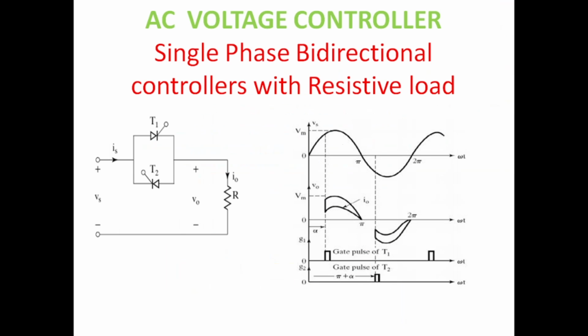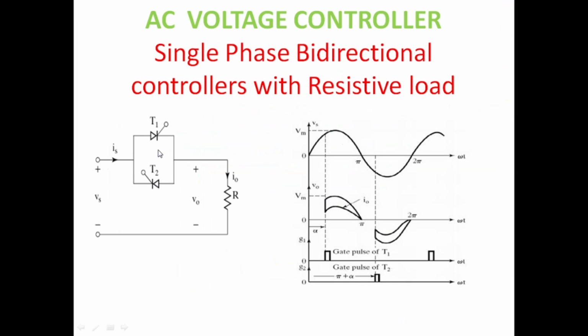So in the AC voltage controller, we are controlling the RMS value of the output. This is the input, and it is passed through two SCRs, T1 and T2,